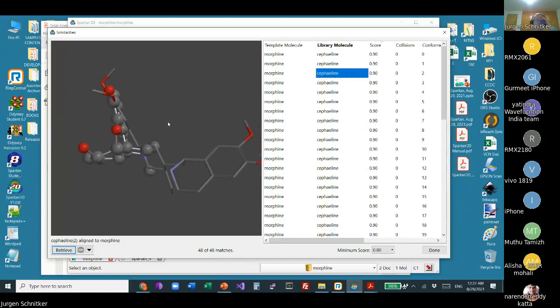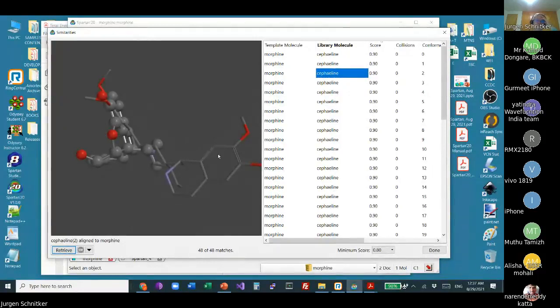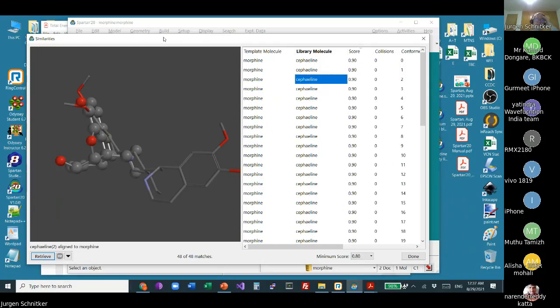So now you can play the same game if there's not a morphine molecule, but if there's a pharmacophore there. I can define pharmacophores and compare the pharmacophore with a library of conformers. Or I can create my own library of compounds. They don't have to be conformers. I can create my custom library of molecules and throw that into the